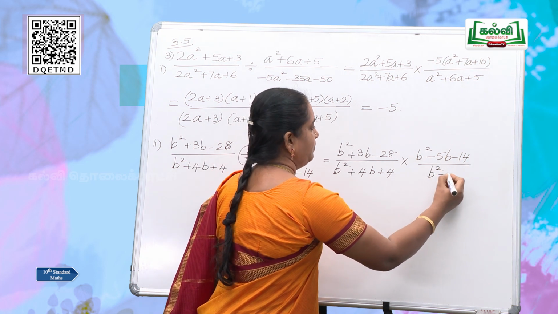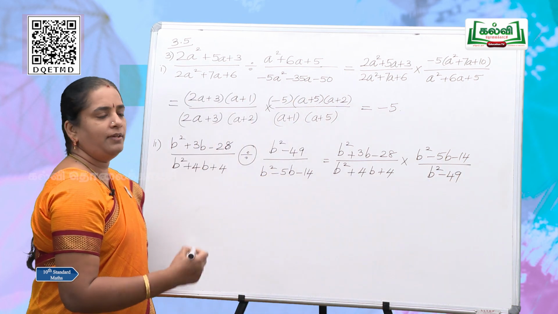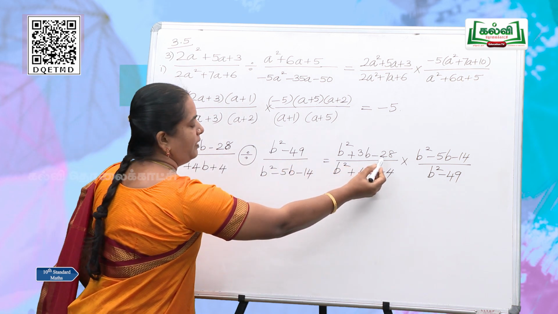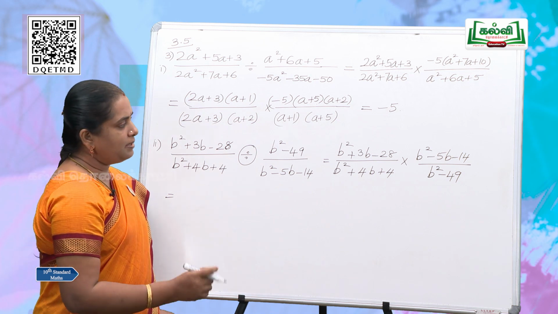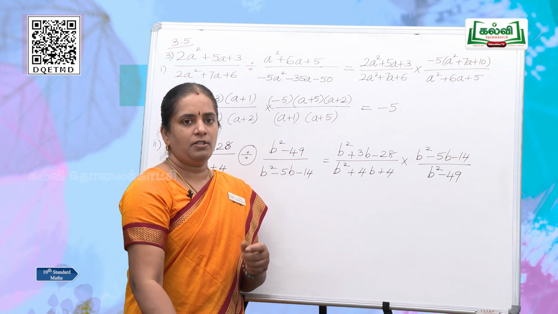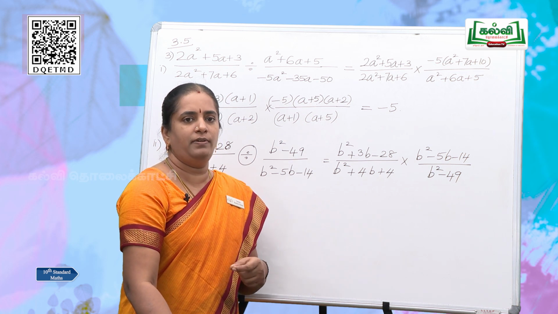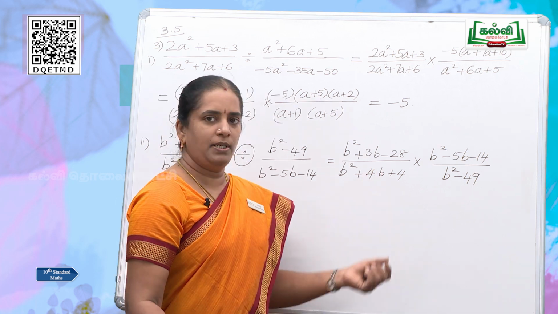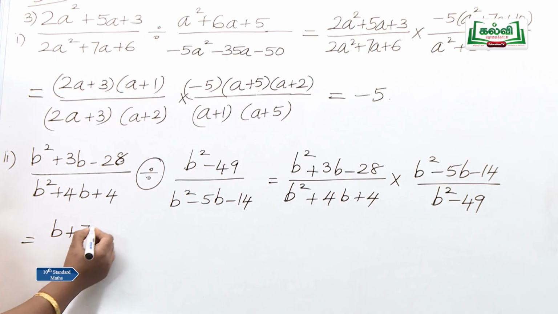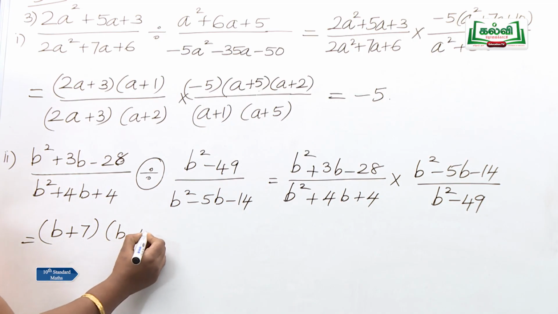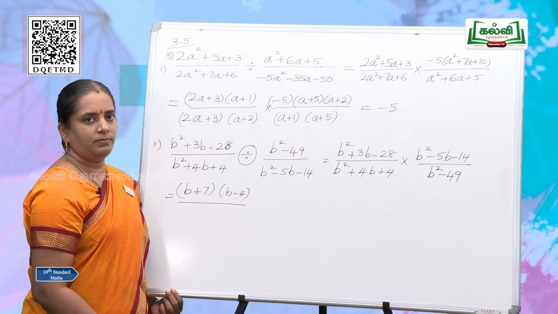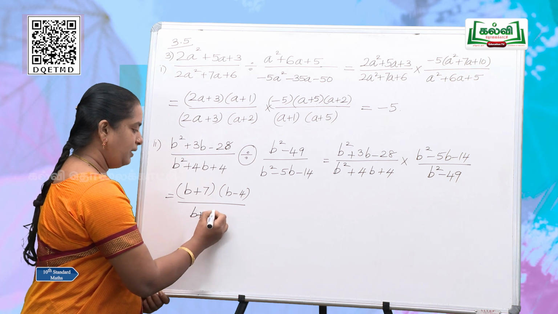so after making this we have to proceed with the factorization. See the first one, first numerator has 28 as the product, and since the product is negative, we have to see that the difference is 3. So, what are the numbers which give on product 28? The difference is 3. So, the numbers are 7 and 4. So, we can simplify as b plus 7 into b minus 4. Denominator, the product is 4, sum is also 4. That means b plus 2, 2 and 2.